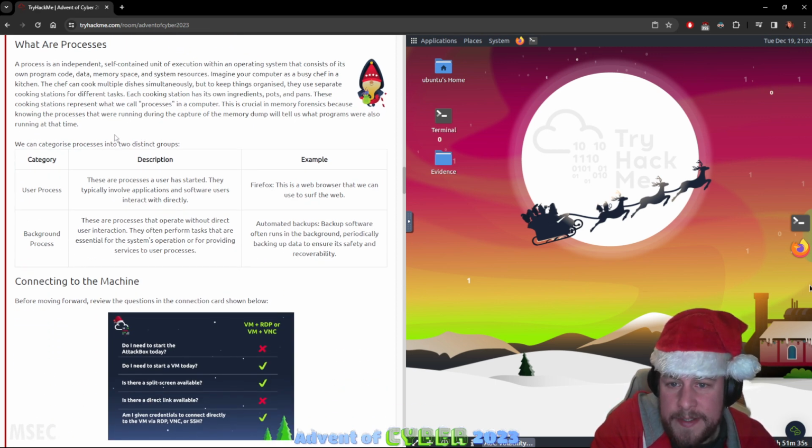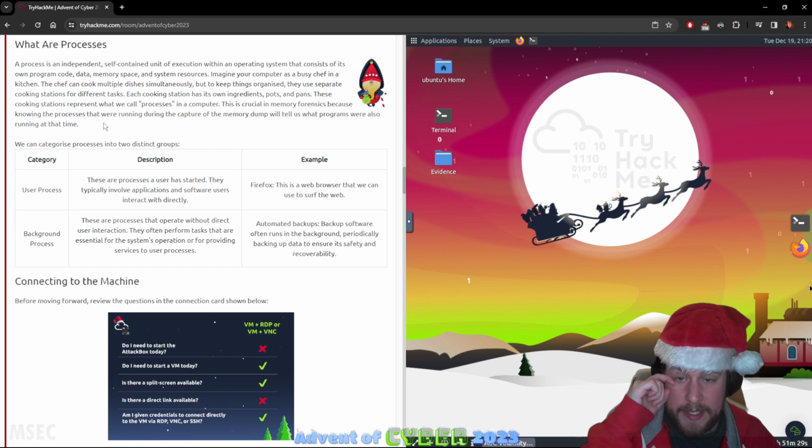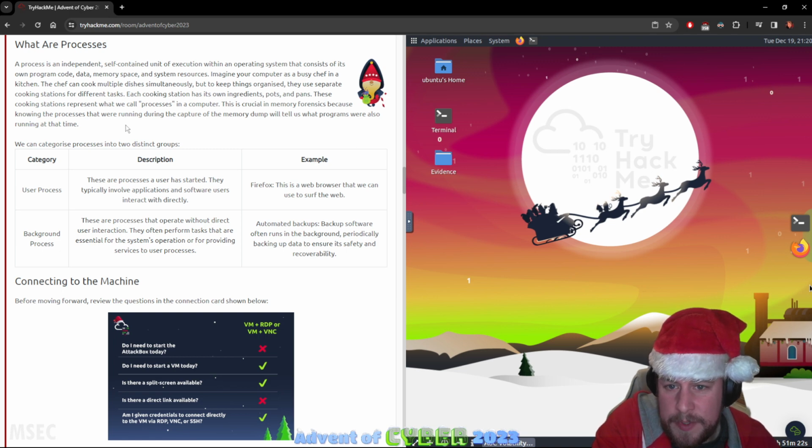They are an independent, self-contained unit of execution within the operating system that consists of its own program code, data, memory space, and system resources. Imagine that your computer is a busy chef in a kitchen. The chef can cook multiple dishes simultaneously, but to keep things organised, they use separate cooking stations for different tasks. Each cooking station has its own ingredients, pots, pans, and these cooking stations represent what we call a process in